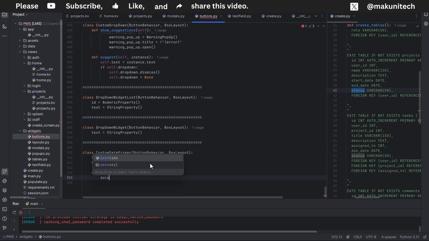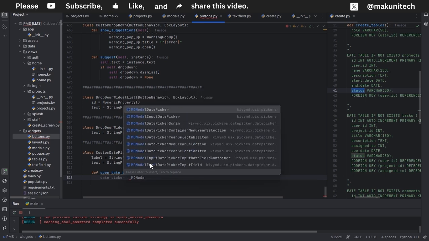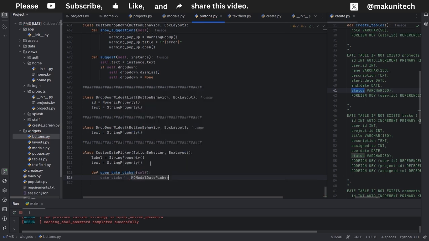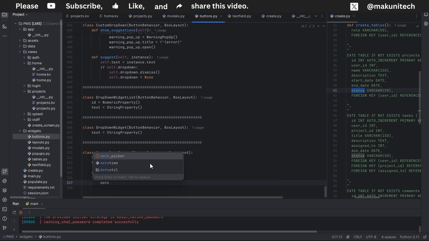So let's create a variable and just call it date_picker, and it's going to be an MDModalDatePicker. And let's put parentheses here. Then here we're going to say date_picker dot